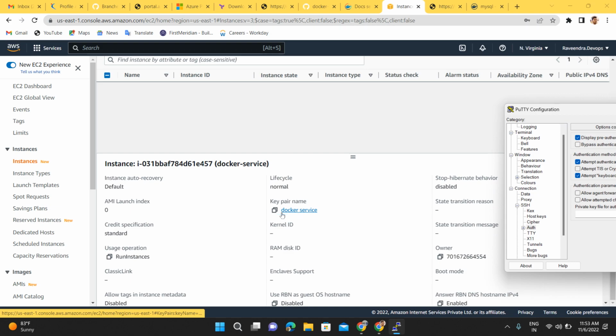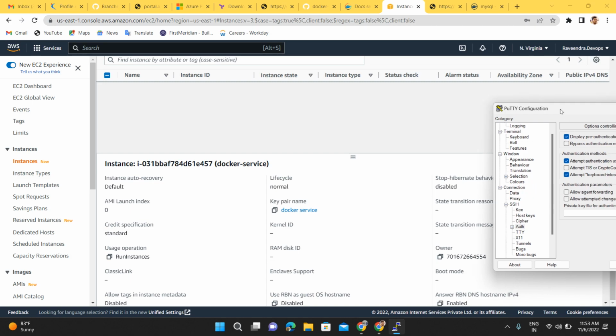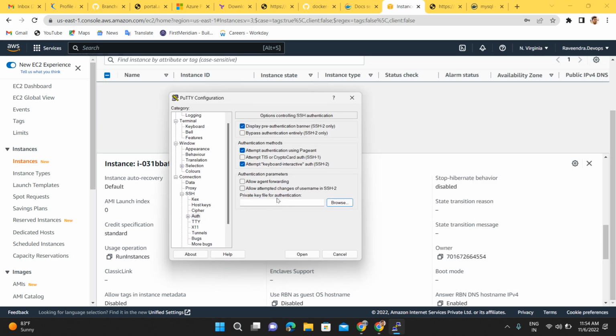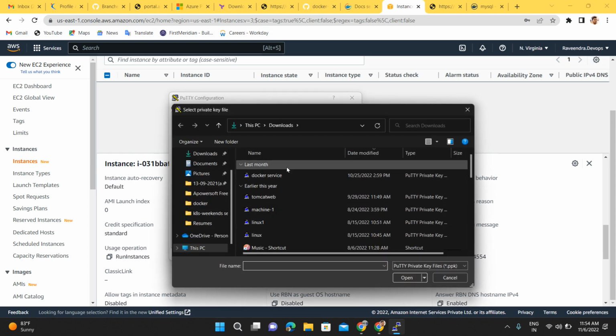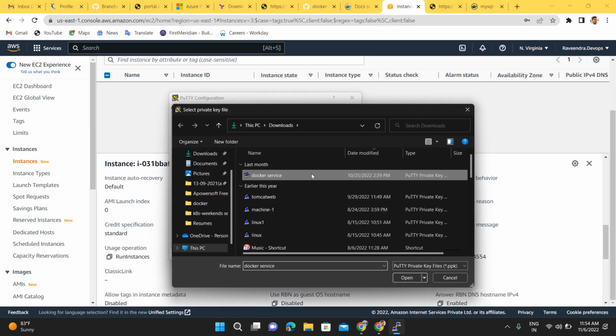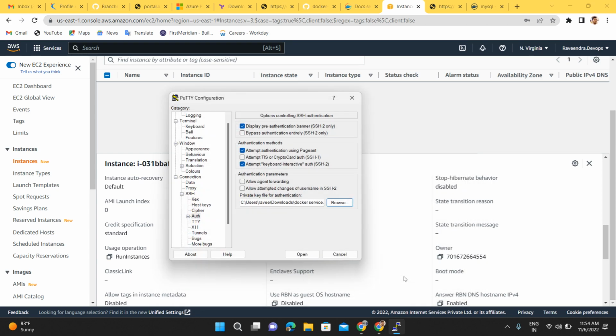You can see, right, guys. The key pair I was using is Docker service. So browse the Docker service ppk file from your local downloads and click on open. After that, if you want any changes to the console,